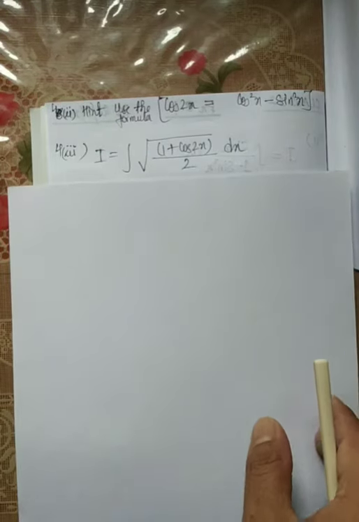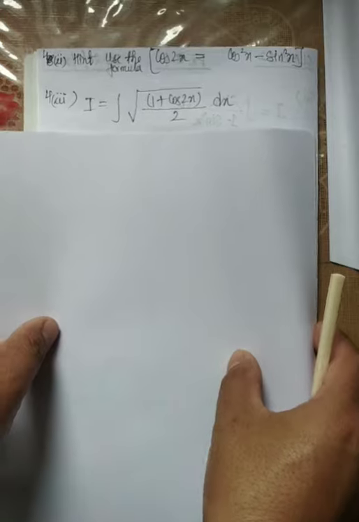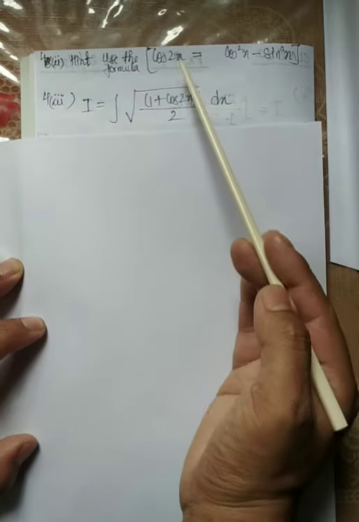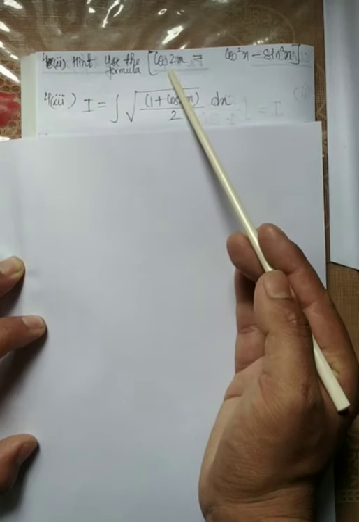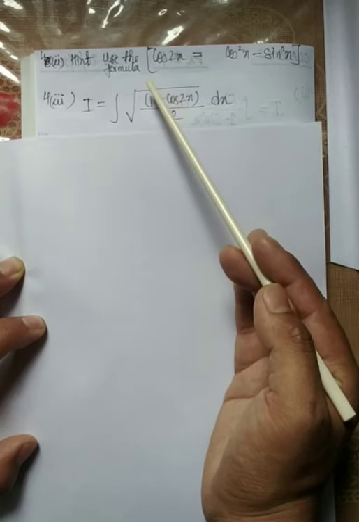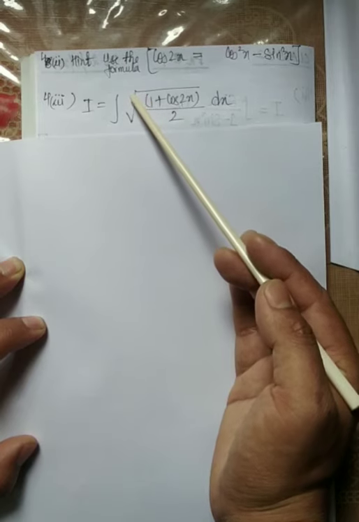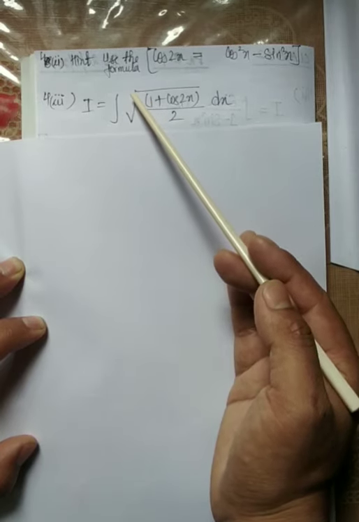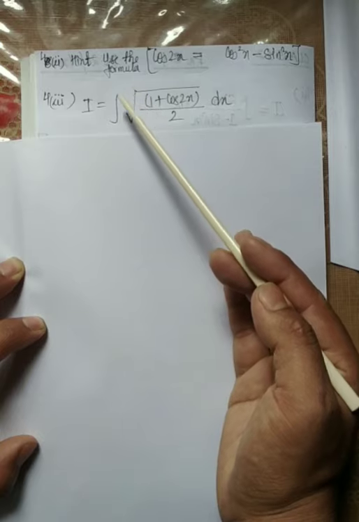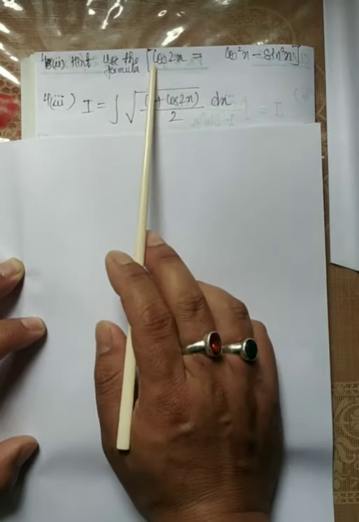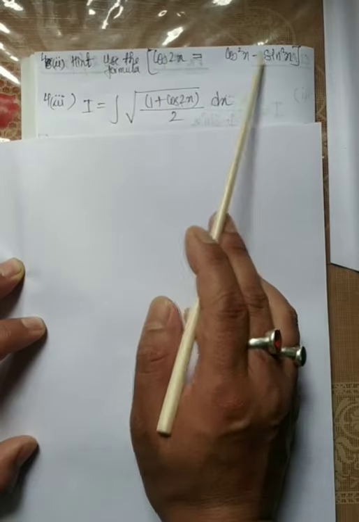Question number 4 part 2. The hint I've given here: please use the formula for cos 2x. We know there are 4 formulas for cos 2x: cos square x minus sin square x, 2 cos square x minus 1, 1 minus 2 sin square x, and 2 tan x divided by 1 minus tan square x, isn't it? So all those formulas are there, but the hint I've given for 4 part 2, and I'm starting with